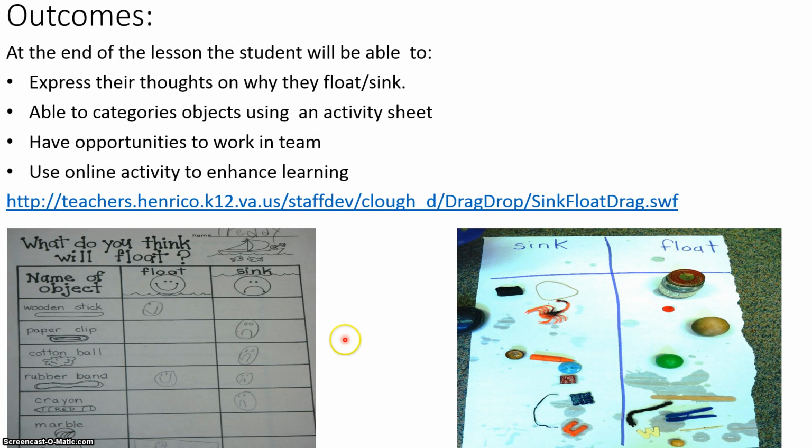The outcome of the lesson will be that at the end of the lesson, the student will be able to express their thoughts on why the object sinks or floats. This is the activity sheet. There are 2-3 types of activity sheets. It's their wish which one they want to do. Like this one, what do you think will float? They can name the object or just